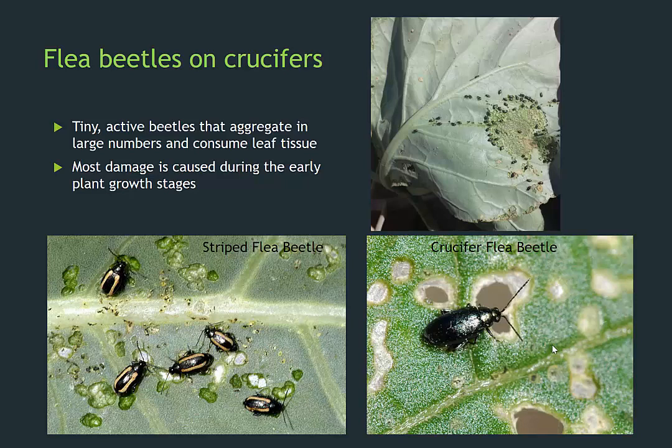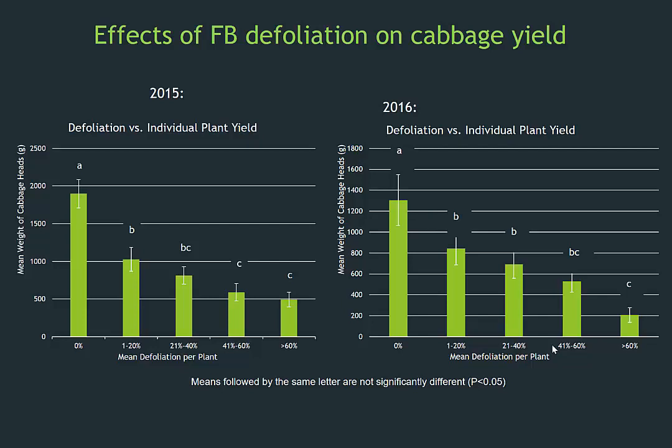And it's like, whoa, this is pretty scary, and the only way to be controlling that at that time is to have something maybe going down in the transplant water to protect that plant, or you got to follow right up after planting with a spray. So what we looked at first of all is, can they really cause much damage, the little bit of feeding that they're doing? So we looked at controlling flea beetles to get different defoliation